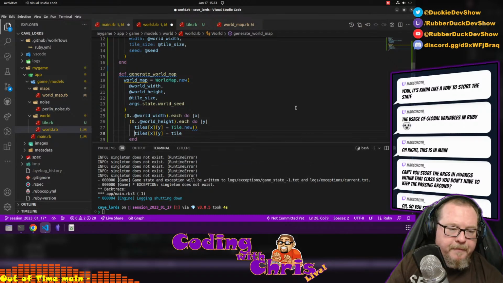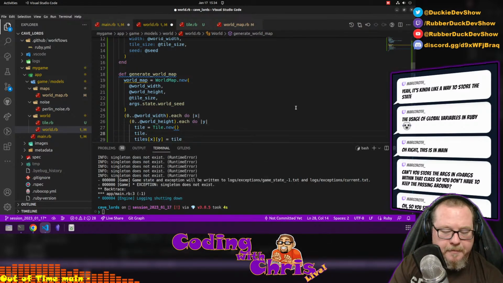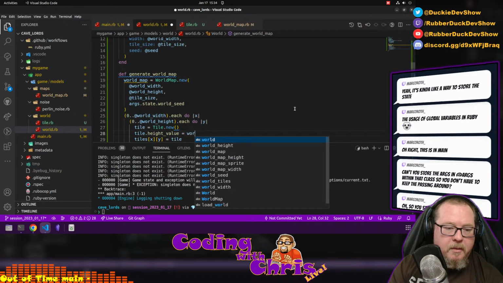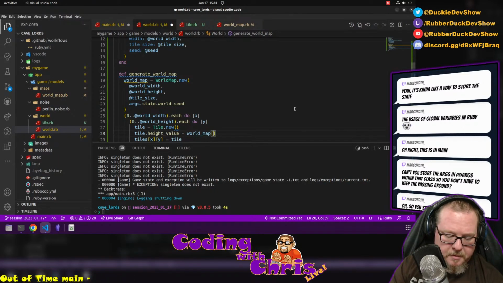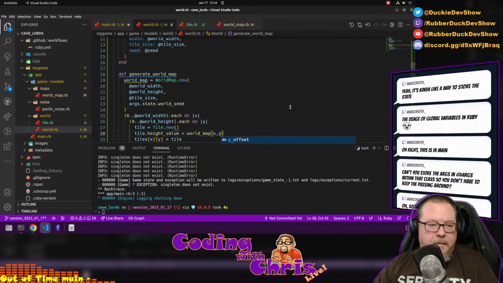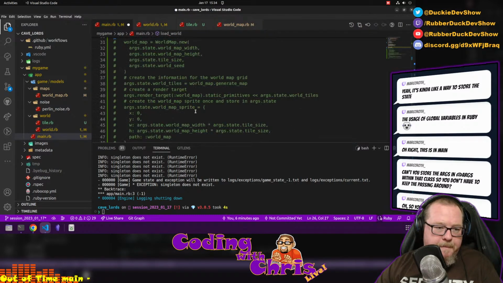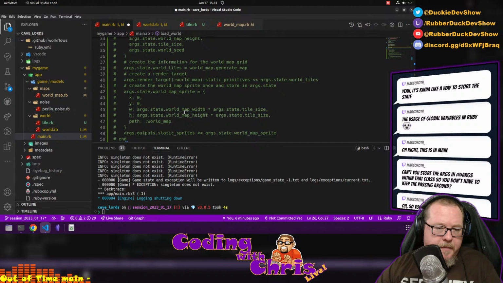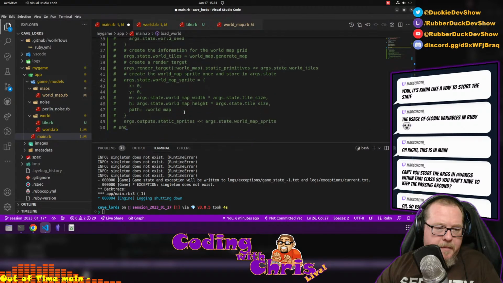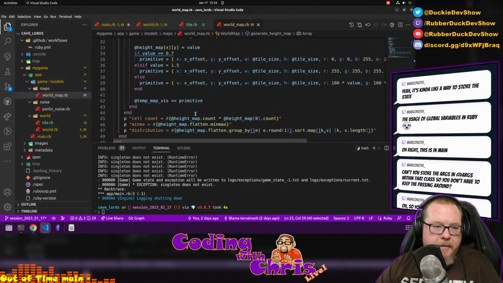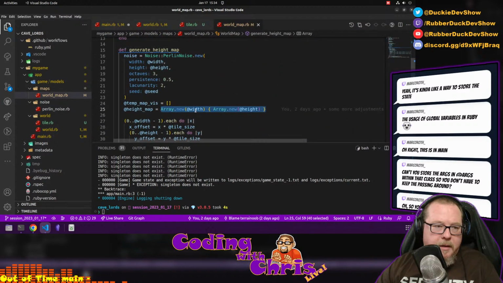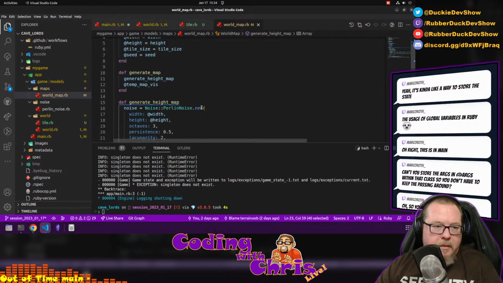Let's do it this way. I don't want to access this array twice. My height value is going to be my world map, XY, right? Is that what I'm doing out? No, I'm actually doing that inside here. But I don't want to do that inside here. What I want to do